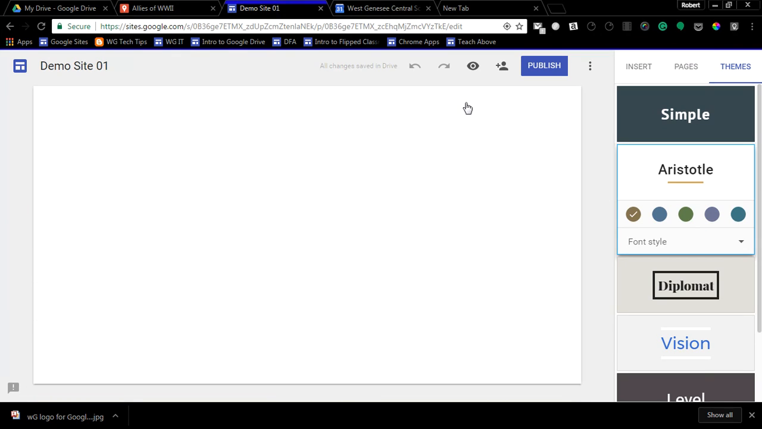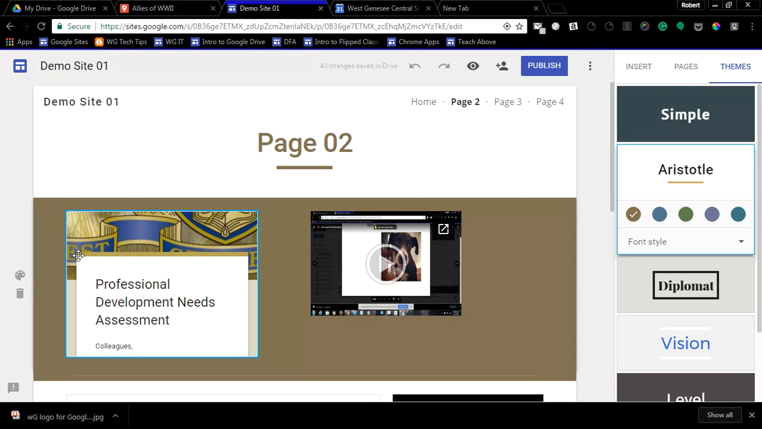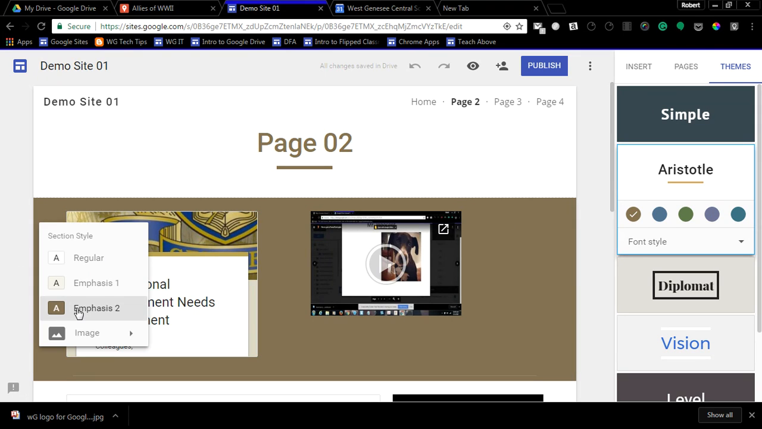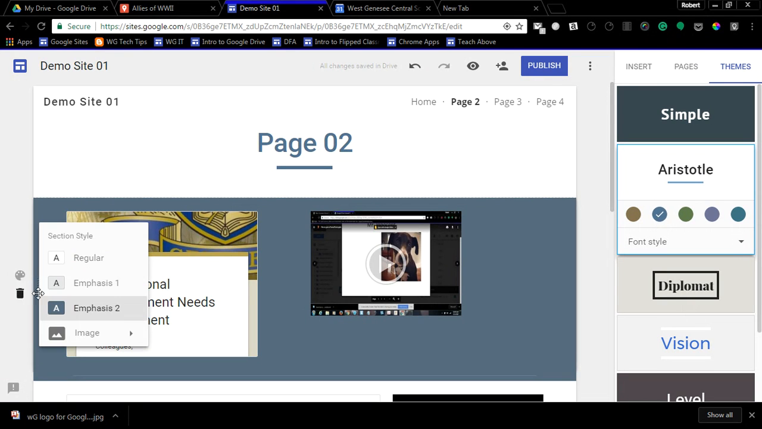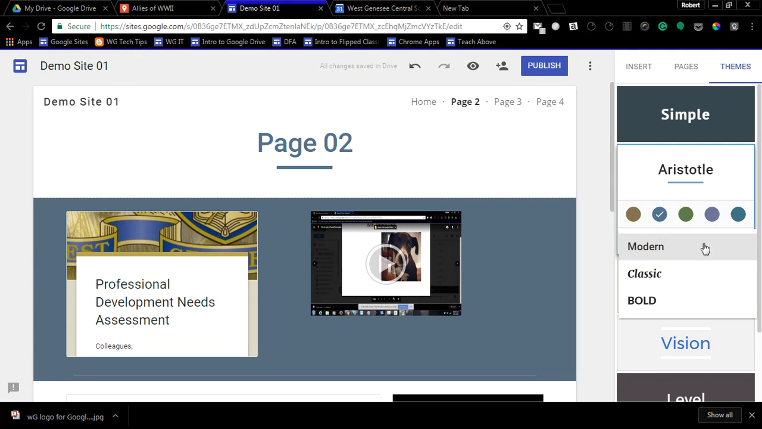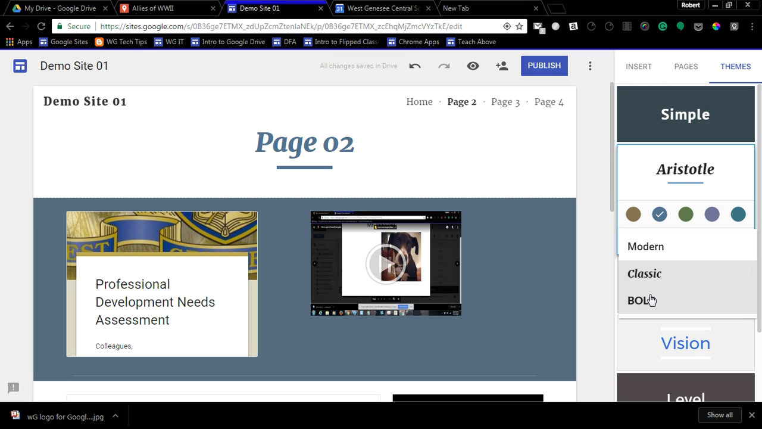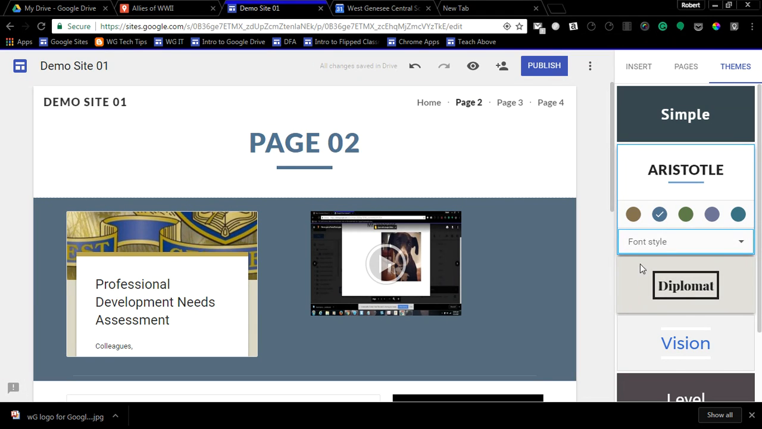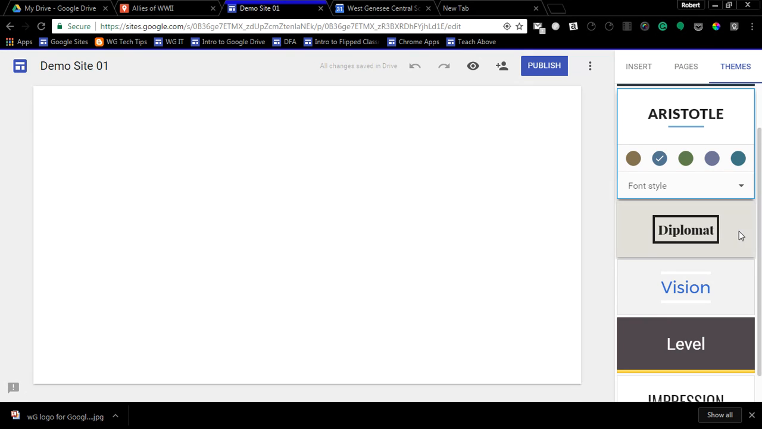And as I go from page to page, you'll see something similar. The gold color, for example, was part of my palette. Notice it's now gold. If I switch it to blue, notice my palette now has the blue icon instead. Same thing applies here with font styles: modern, classic, or bold. Each one of the font packages comes with some kind of font style, or theme package rather. If we look at the Diplomat theme,